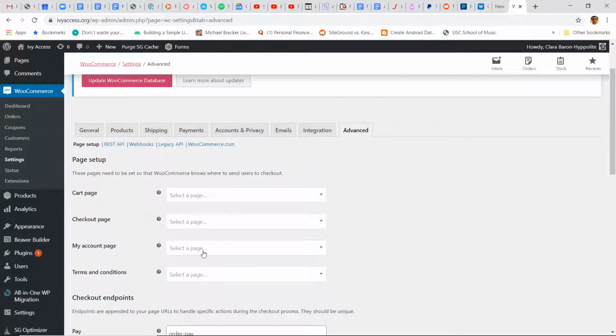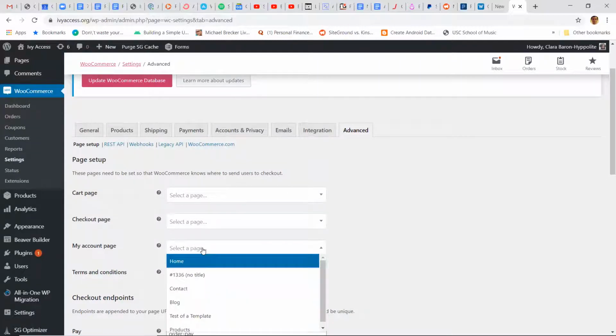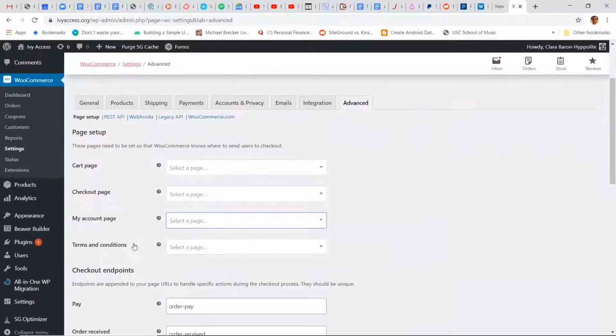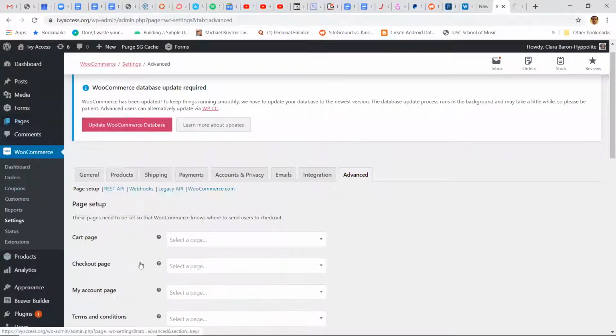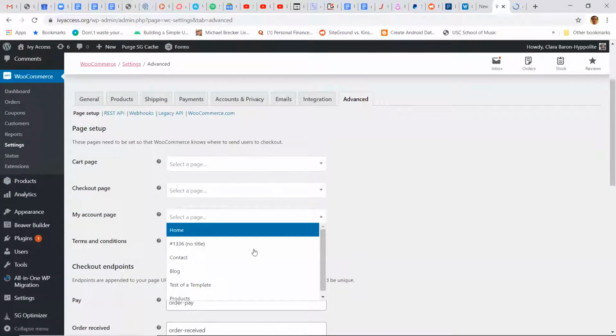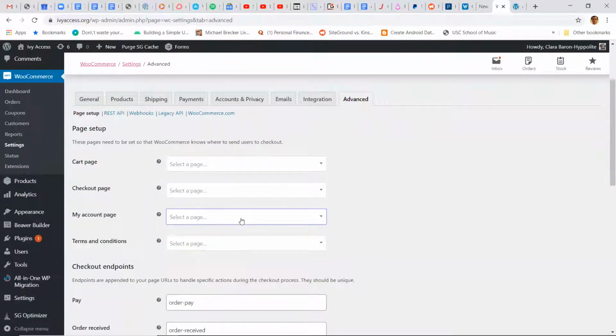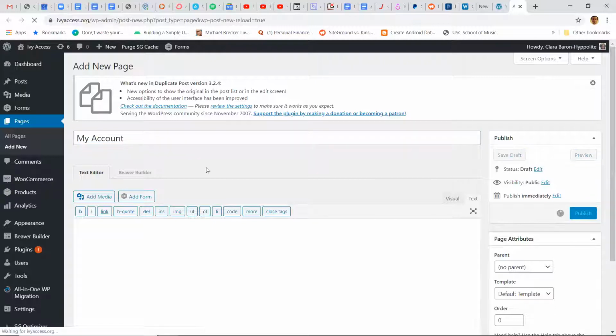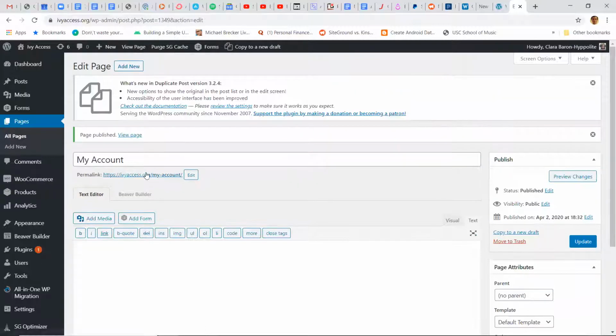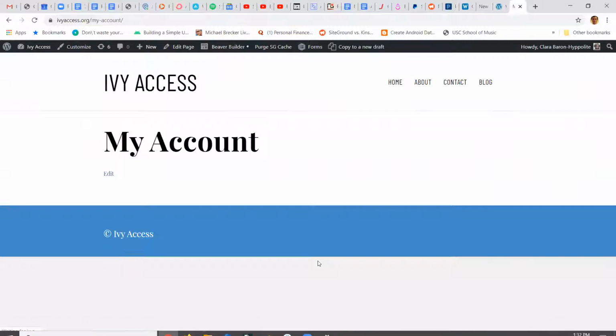Sure. So the My Account page, when you select that, is just supposed to have the shortcode woocommerce_my_account on it. Okay. So I'm just going to create a page called My Account. Yep. If I publish that page without doing anything on the WooCommerce side, then when we look at My Account, we just have a blank page with nothing on it.